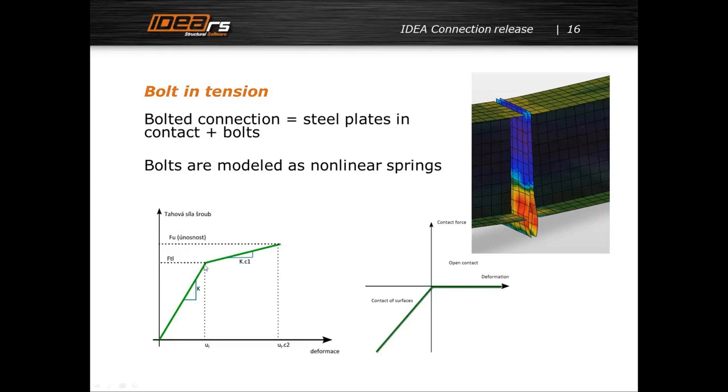So finally we invented this diagram with the initial elastic part, and then again not horizontal but this plastic branch, and this is derived from results of tests of bolts, because the bolt as it is cannot plastify, but things like